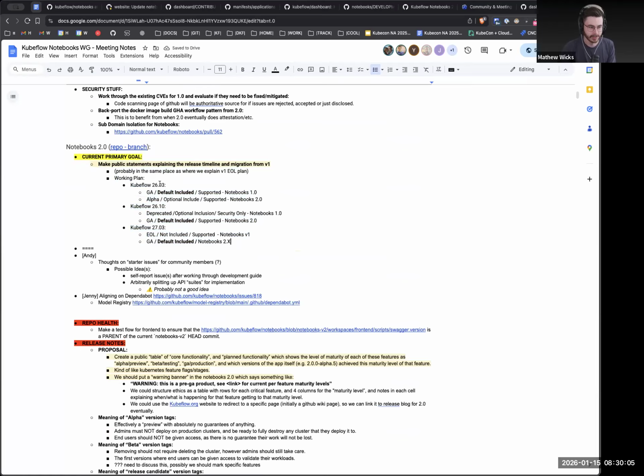The goal should be to have the default version of notebooks in 2603 still be V1. There should be an alpha version which can do the MVP stuff that is not included by default when you deploy the manifest, but will be optionally available. It will just be the snapshot of whatever it is at the time we release. We should put a warning on the UI.